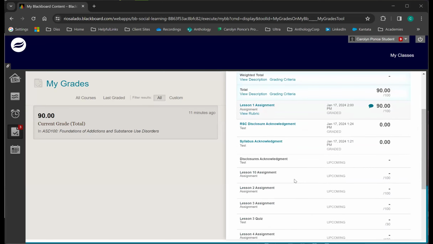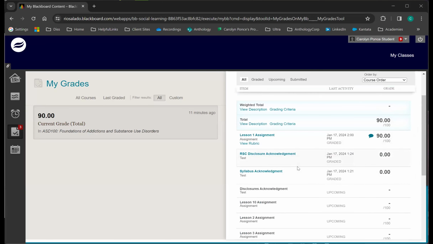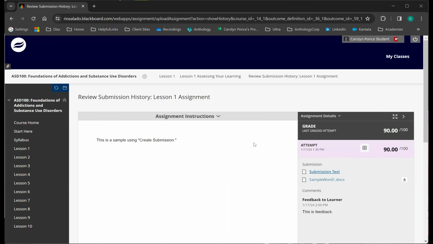Their page is going to look very similar to this inside the course, where each activity will be listed out, and the feedback on the assignment itself will show up as a little blue text cloud here. And then they would also be able to click View Rubric. So here we go. All I did was click on the assignment title, and that opened my student view of that submission.